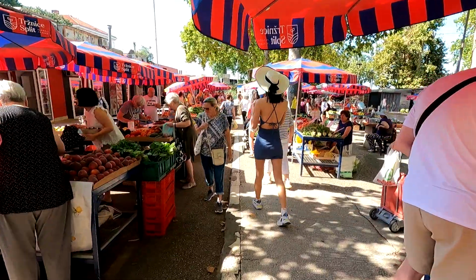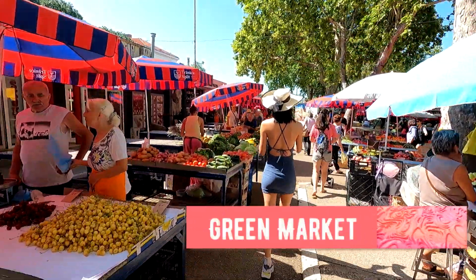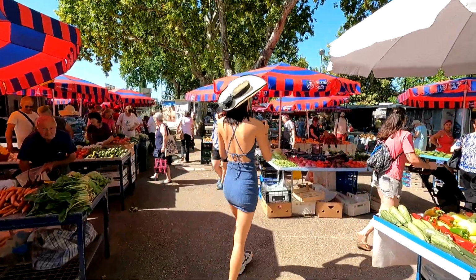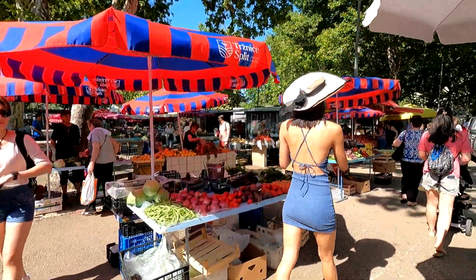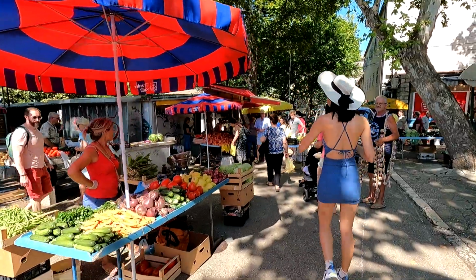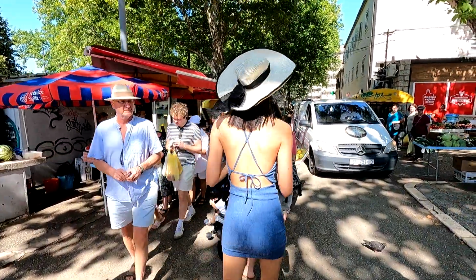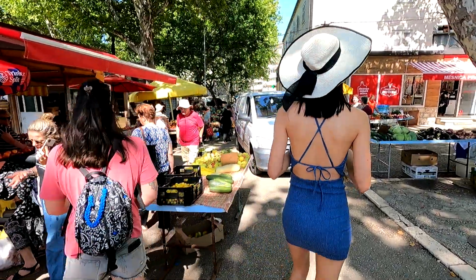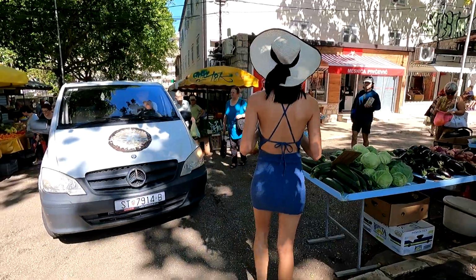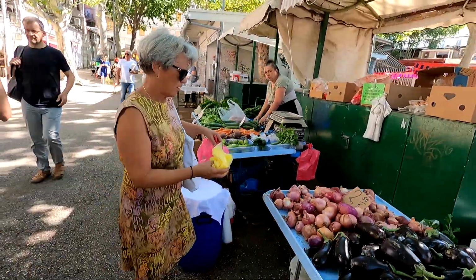So this is the farmer's market. It's every morning here. This is where the locals come to get their fresh fruits and vegetables. This is a culture like many in Europe where people just buy what they need for the next day or so. They don't go to the grocery store once a week and stock up on a bunch of stuff because they want fresher. And they have supermarkets here, but these are often where you can get a